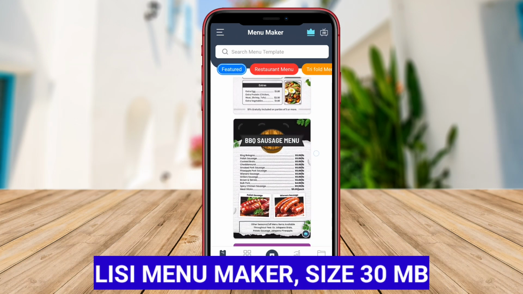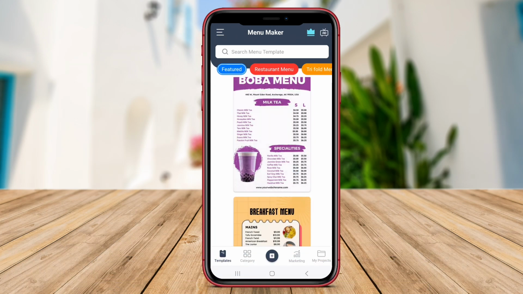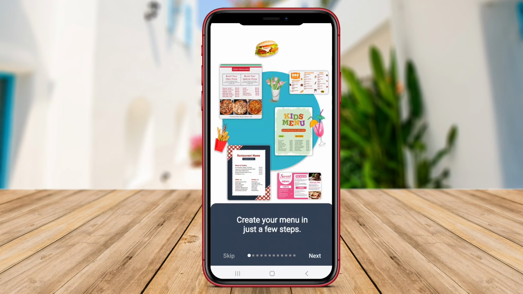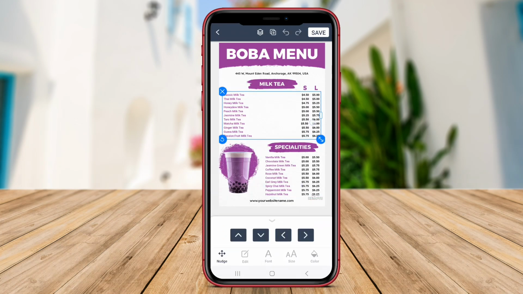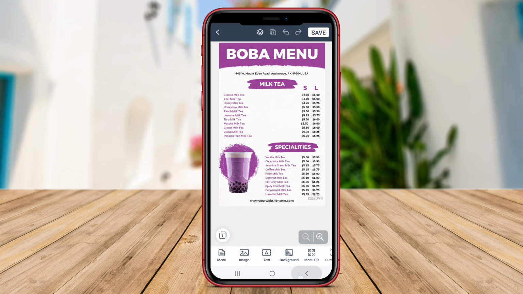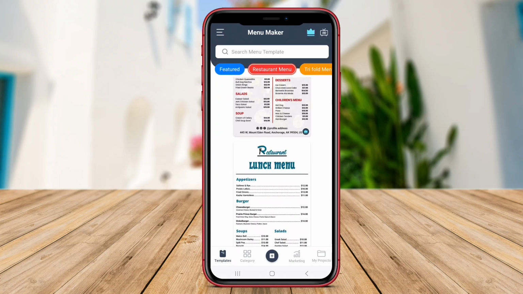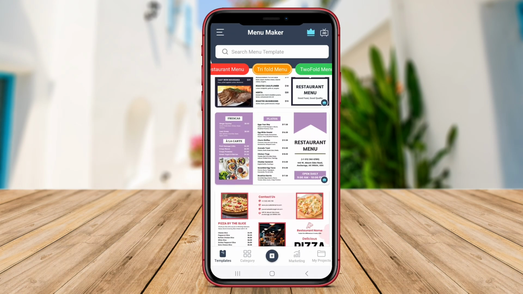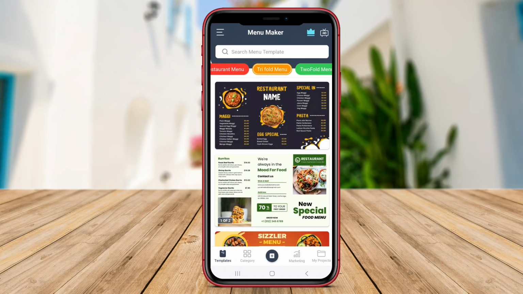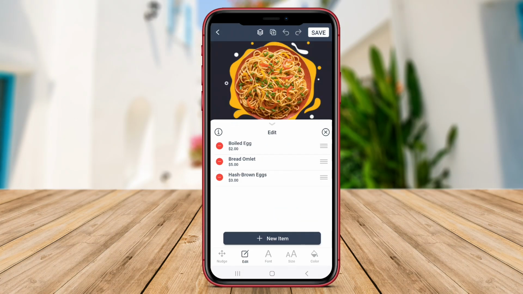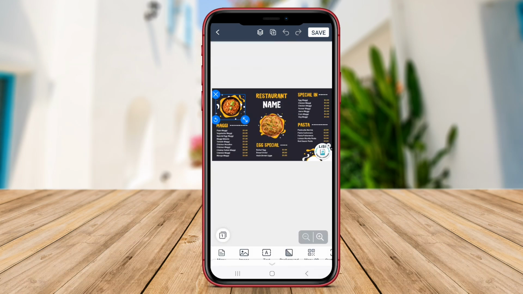Lisi Menu Maker. Lisi Menu Maker is an Android application that helps users easily create visually appealing menus for various purposes. With this app, users can seamlessly design menus for restaurants, cafes, events, or any other business that requires a menu. Lisi Menu Maker provides a user-friendly interface with a wide range of customizable templates, fonts, colors, and graphics to